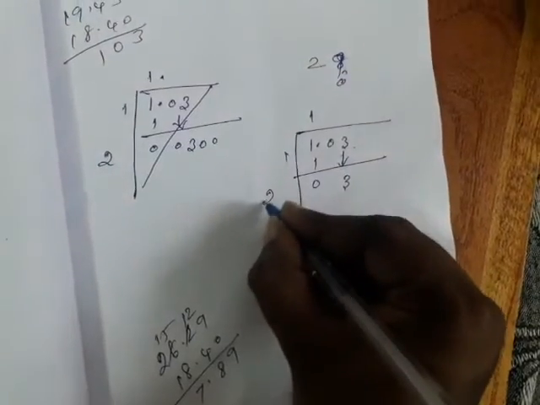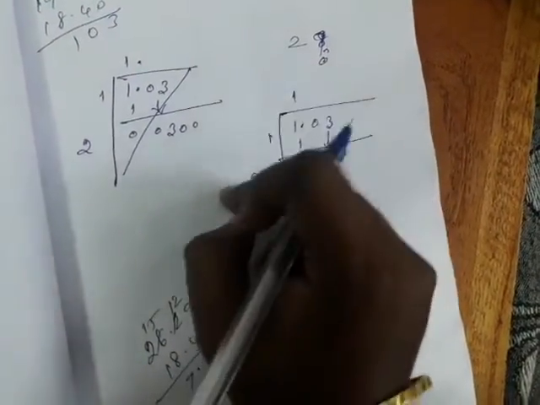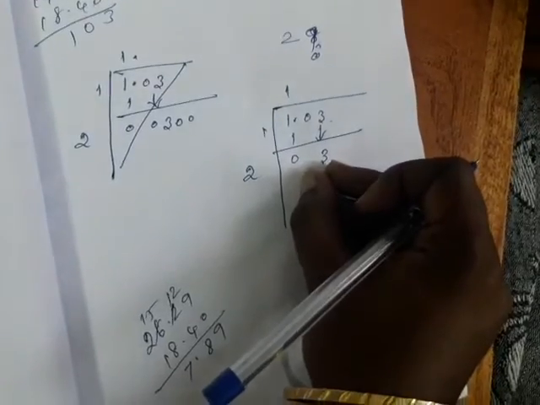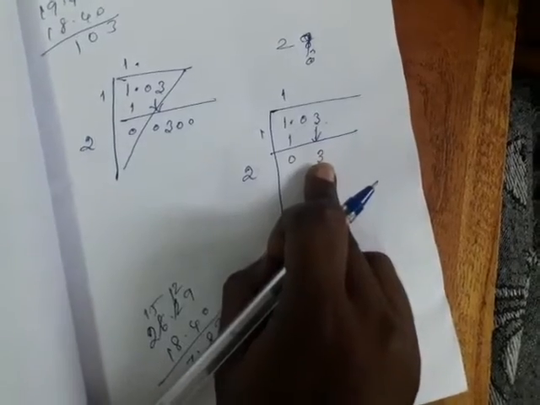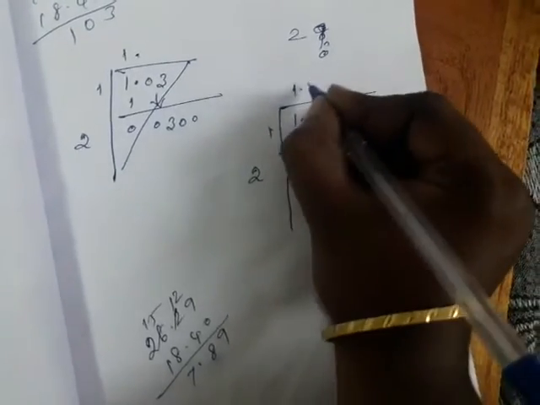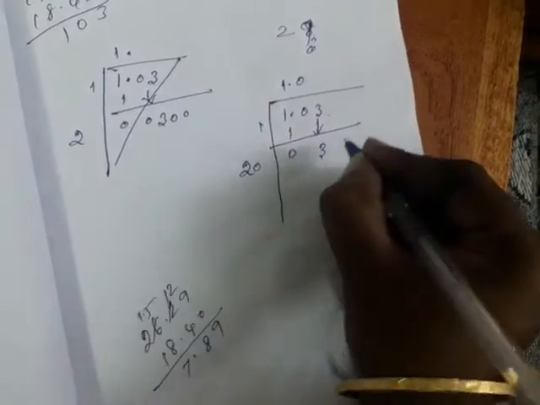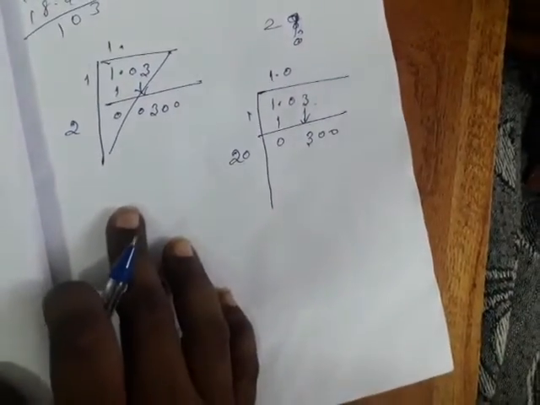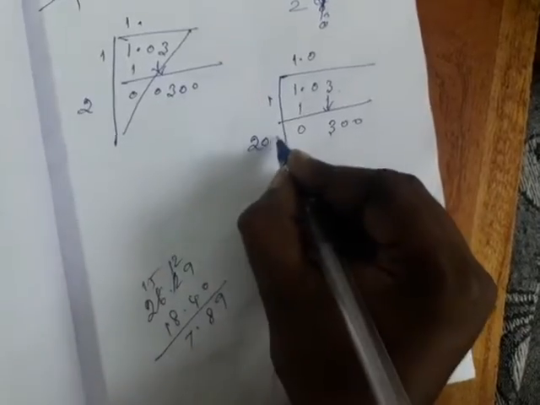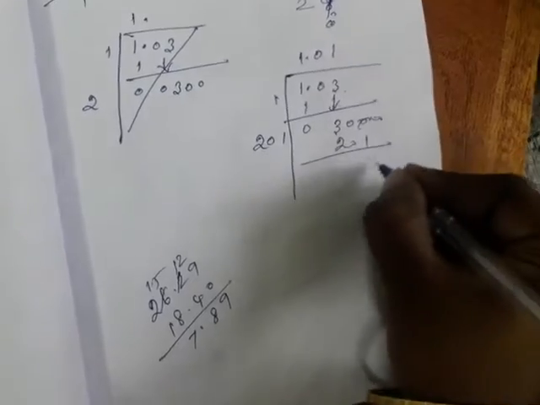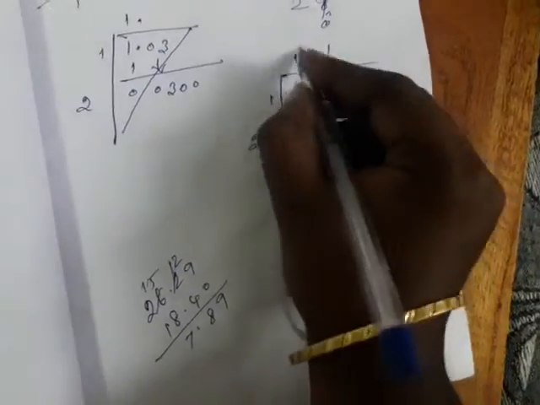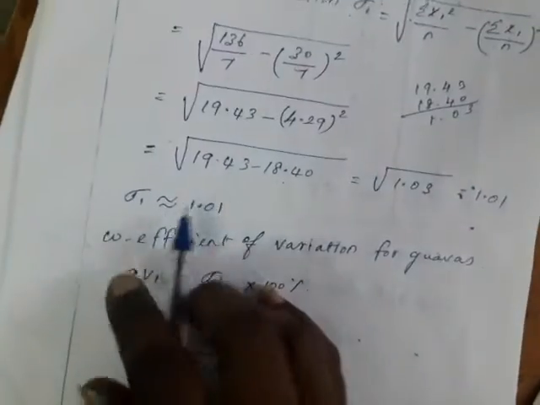So you have to double the value, 2. So here only the one value we have to allot is also not divisible by, for example here 1 1 also, 21 is not divisible by 3. So what you have to do, add 10 here, and here you have to add 20. Okay, so now 1 1 1, 201, 201. So 10 9. So 9. You have to stop here itself, 1.01. So sigma 1 value is approximately 1.01.